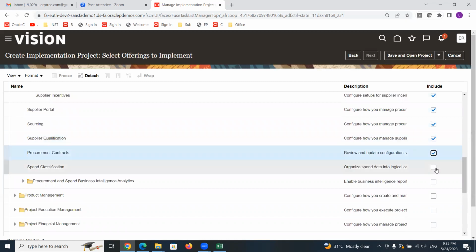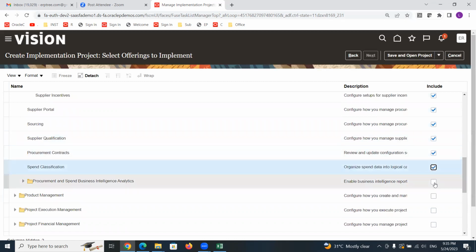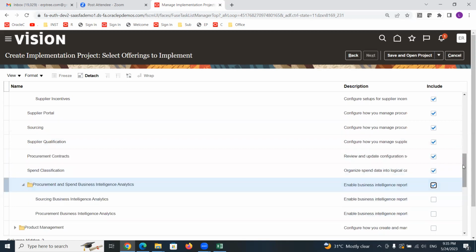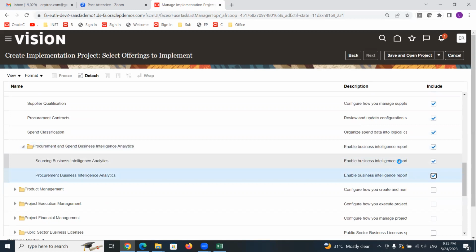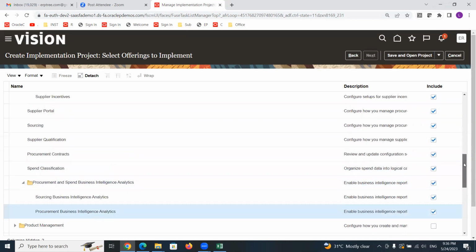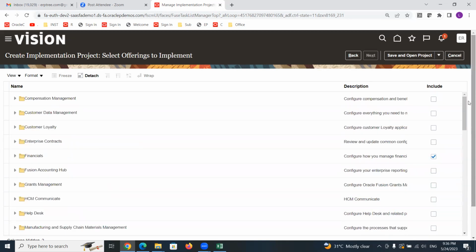No worries, even if you are not going to implement procurement, you can include it for our testing purpose. In a real implementation, you may not include it. Done. So this is how you can include offerings and options.